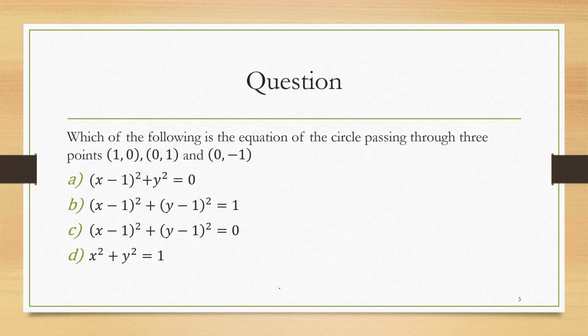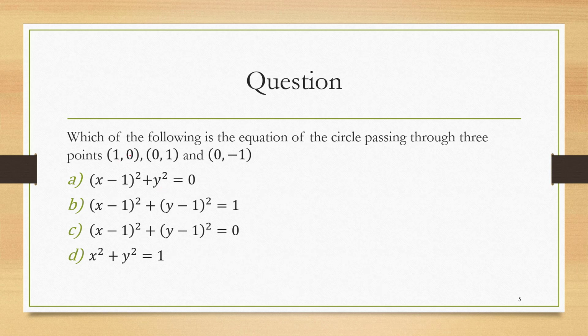Now we will understand how this question can be done in a few steps while using the options, if we are attempting it as a multiple choice question. So let us suppose we are given the same points (1, 0), (0, 1) and (0, -1). We have to find the equation of circle passing through these 3 points. And we are given these 4 options. So first thing we have to do is